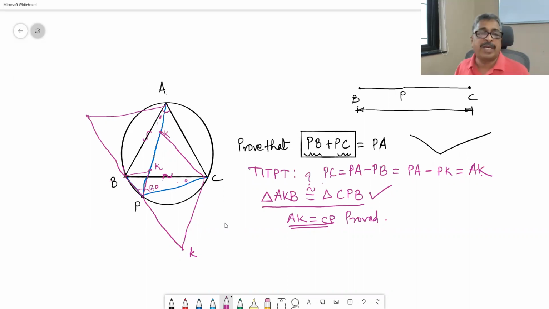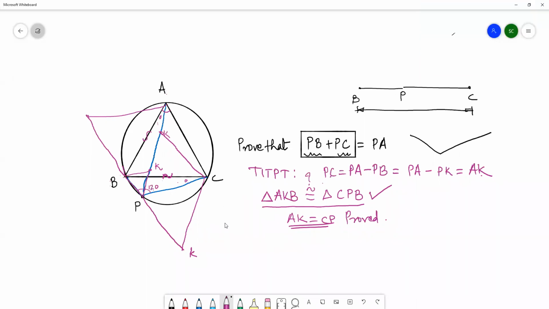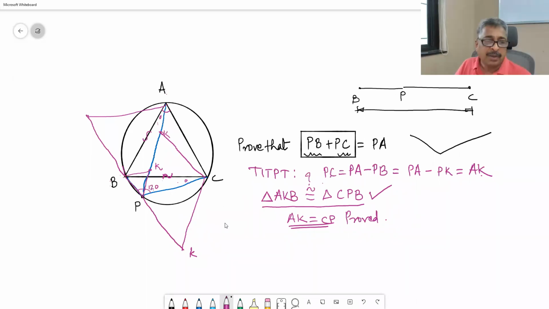So there is more than one way of doing it by geometric construction. And why is this problem good? Because this P moves, except that it should not get aligned with B and C, otherwise there will be complications. Actually, it is going to give us the result, but with complications. Therefore, let us avoid P coinciding with B and C. Everywhere else, it will give the same result. Therefore, PB plus PC is equal to QB plus QC for any point Q anywhere. That is the proof of this.